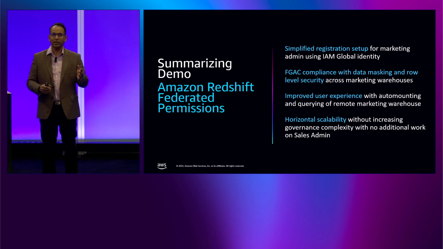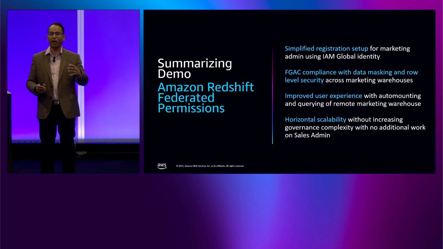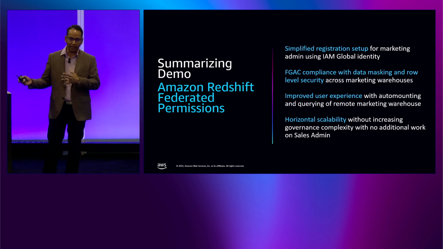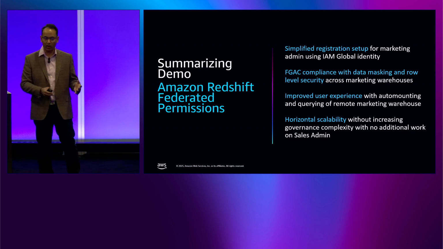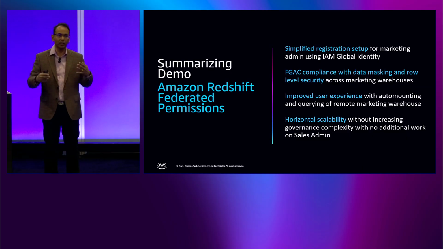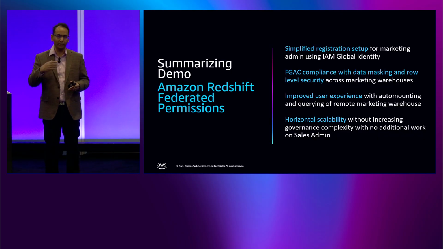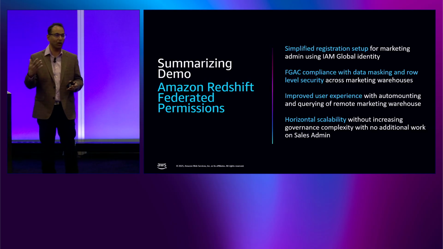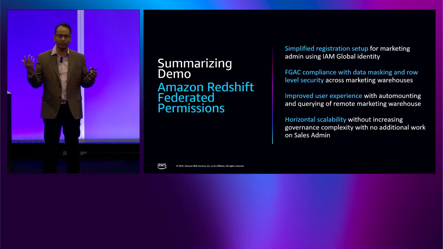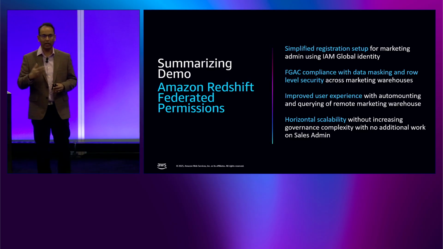The fine-grained access control compliance policies that are needed, data masking and row level security for the credit card information, were applied by the marketing warehouse. It's not needed on any of the consuming warehouses. Once it's applied on the producer warehouse, it just applies. There was improved user experience. When the sales analyst went and accessed it, he saw the auto-mounted warehouses. He saw the tables already accessible, and he can just query the data. And when they query the data, those policies are enforced, so that they will only see the output which is compliant